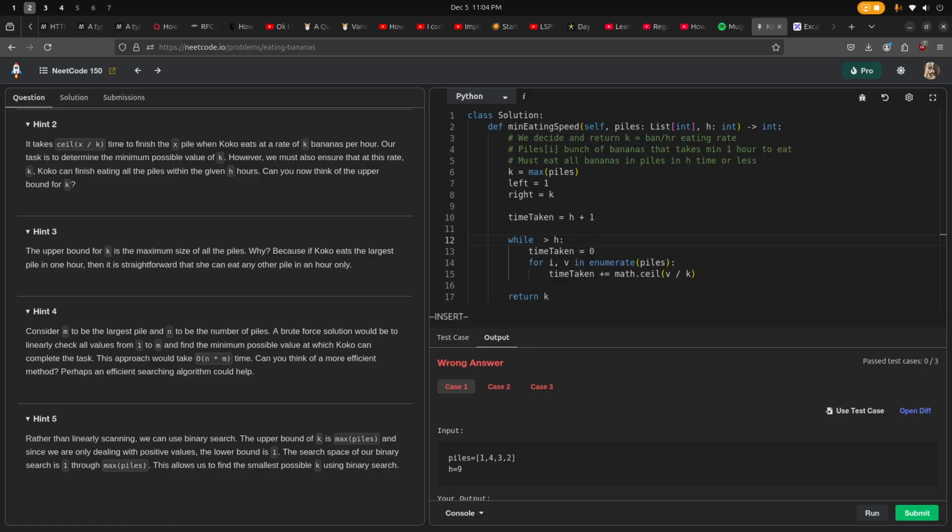So I'll change this to be while left is less than right. We get the mid. I'll just call it mid, which is equal to,